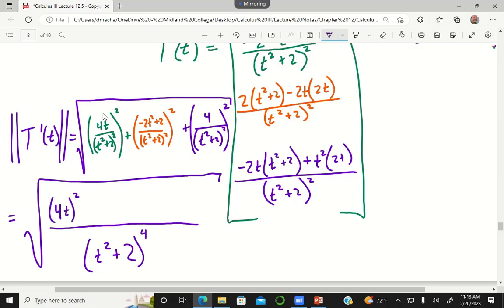squared plus negative 2t squared plus 2 squared plus 4 squared. So that's like 16t squared over here. And then we probably want to expand out this middle part that says negative 2t squared plus 2. So that's going to be 4t to the fourth